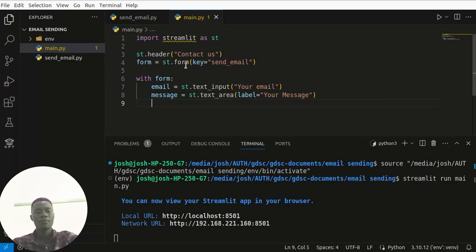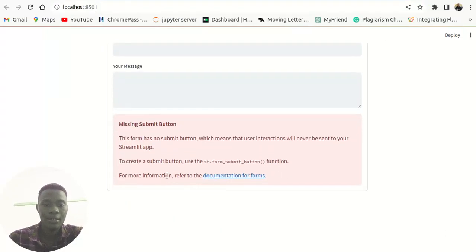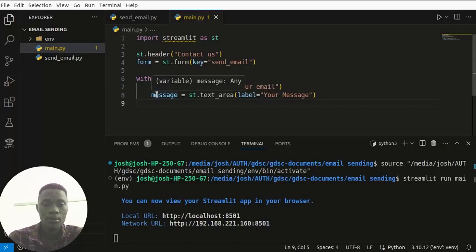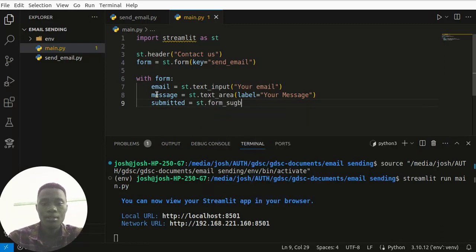Then it must have a submit button. If you don't give it a submit button, you will see it complaining with an error: you must supply a submit button. So usually it is a Boolean object. I can say submitted is equal to st.form_submit_button, and it usually has a name, maybe send. You can say send email,